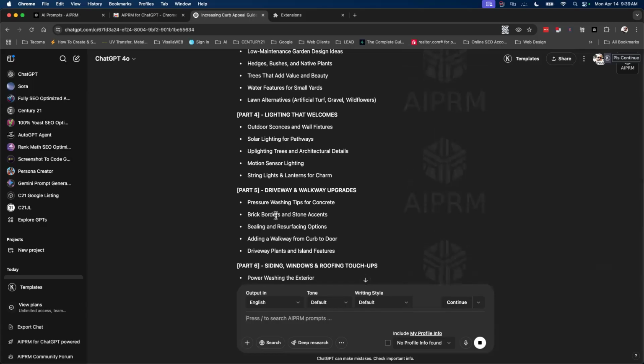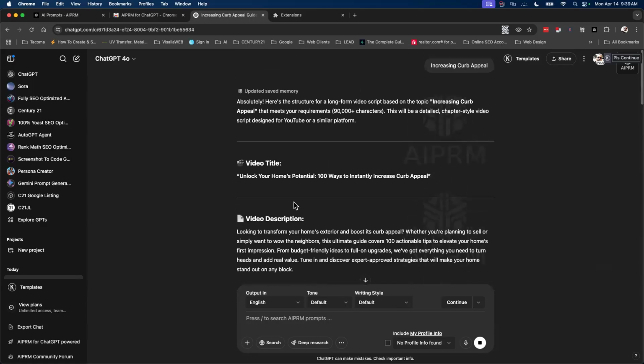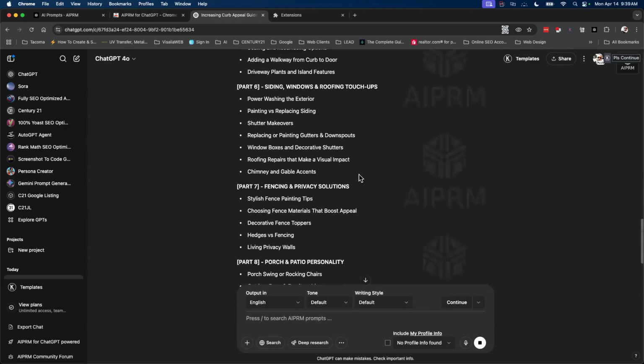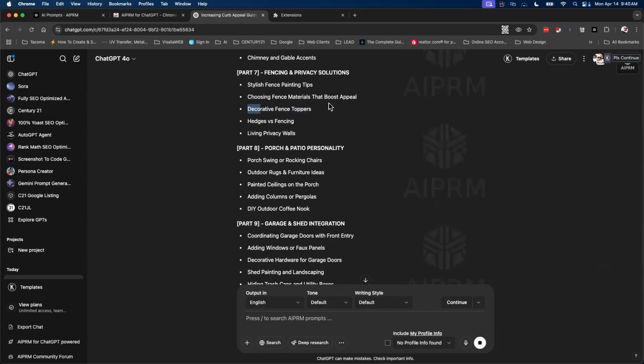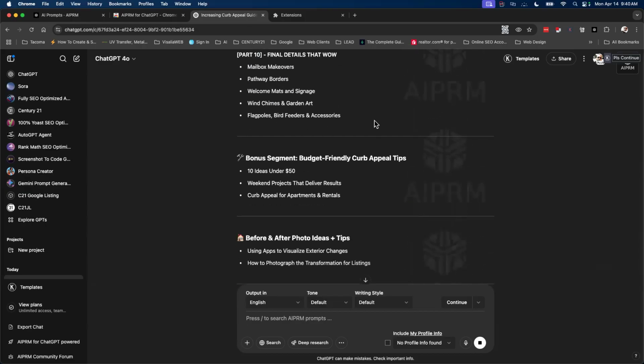How in depth do you want to get? But remember, it said structure curb 100. So it's going through part 7 all the way to 100. It covers decorative fence toppers, hedges versus fencing, choosing the fencing material, stylish fence painting. All of that stuff is there, but you take a piece of it